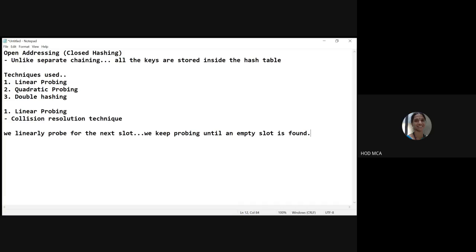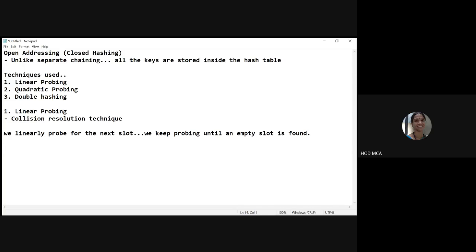Or if the second slot is also occupied, then I go on searching the third slot or the fourth slot. Suppose the fourth slot is free, I will simply put it in the fourth slot. That is what we call linearly probing for the next slot. We keep probing until an empty slot is found. This is exactly linear probing.